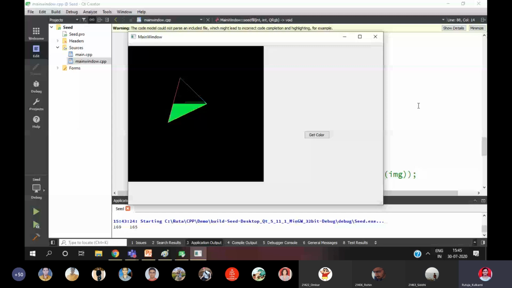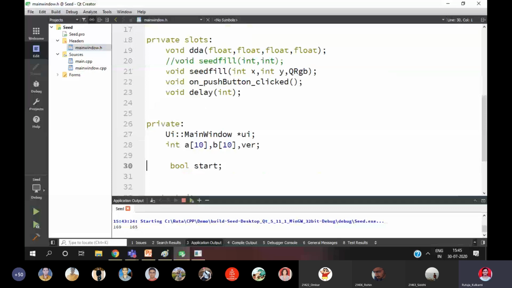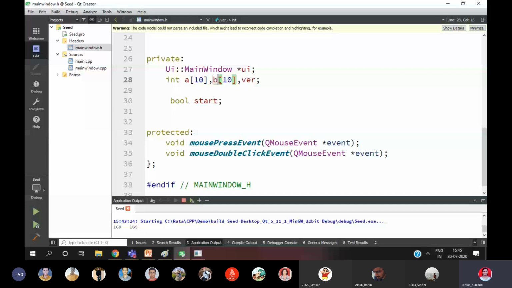There is a built-in function available, mouse press event. We just need to write our own logic in that function. I will explain quickly so that there won't be any doubt. I have taken two integer arrays over here and one variable, I, to iterate the array. To store the values we need a position or index, right? That is just an index for the array, and one variable to start the algorithm.